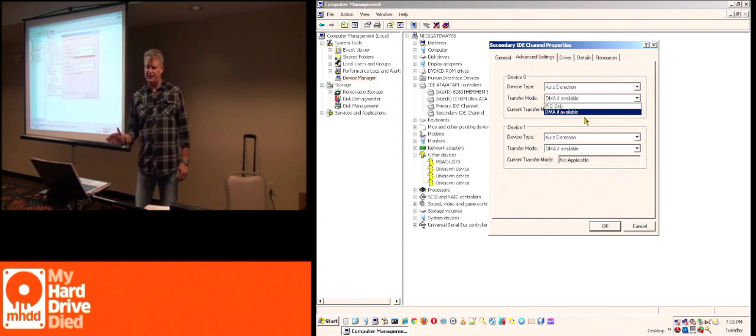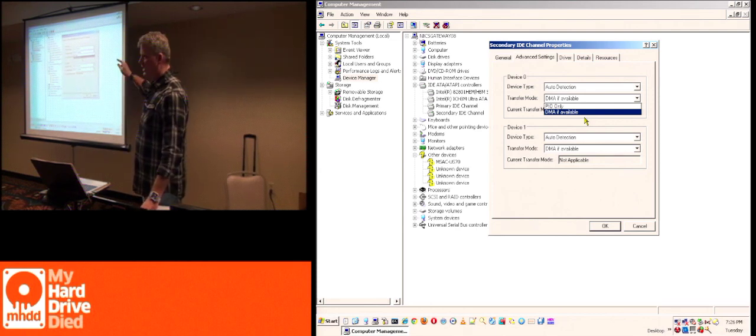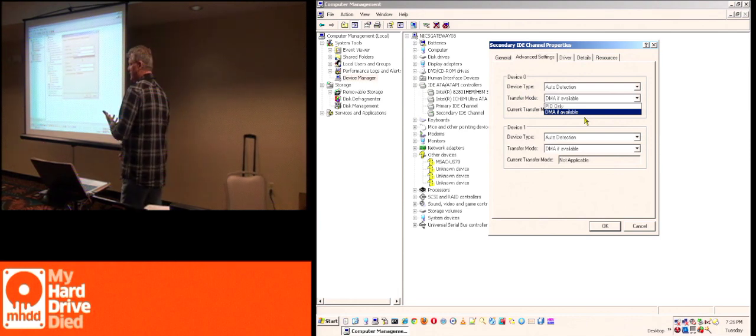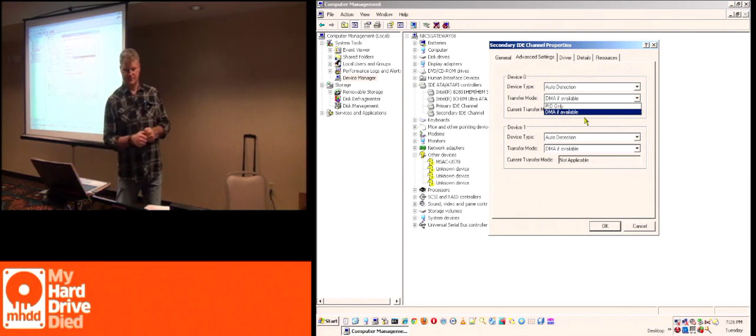You can do these inside of Windows. There'll be a lot of functions that actually exist inside of Windows, but your problem is you can't communicate outside the API unless you're in PIO mode. That's the other problem. The Windows APIs will only allow you to communicate through DMA mode because they're doing big transfers. If you switch to PIO mode, you may actually be able to get outside of the Windows system itself and communicate with your drive. But if you have a 2 terabyte drive or a 4 terabyte drive, that might take you a year to recover. So we have a speed problem as well that we're going to have to deal with. Everybody understand? Good? Okay.